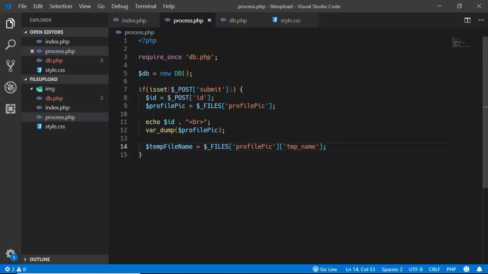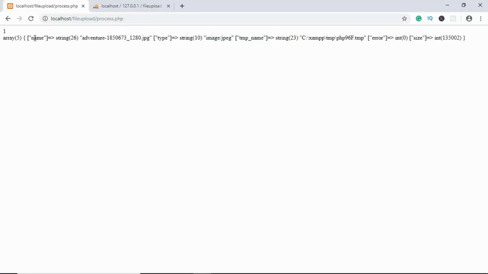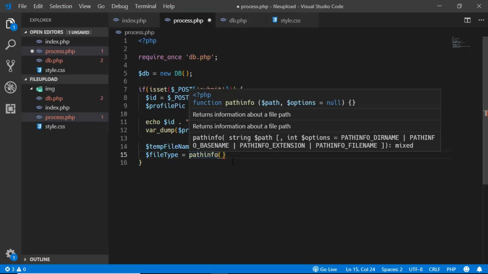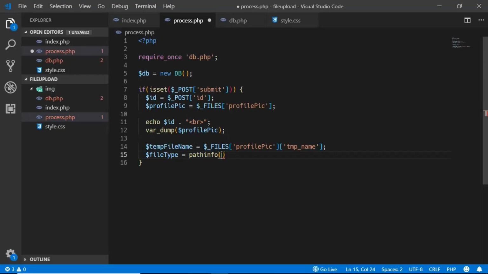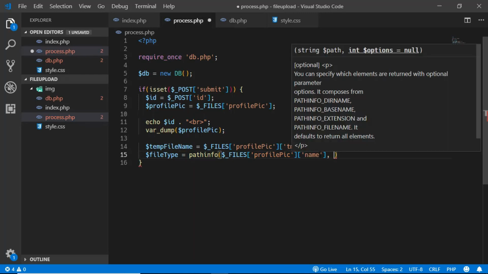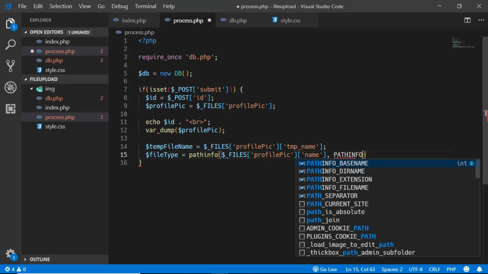The next thing is we need to have the file type, so we'll create a new variable file type, and there's a built-in method in PHP called pathinfo, and you have to have two arguments over here. The first one is the name of our files. If you go to our page, here we can see if you type name, we can get this name of the file, and then we can extract this file type from here. So we'll just copy this from here, and we'll change this to name, and the second parameter is called PATHINFO_EXTENSION,